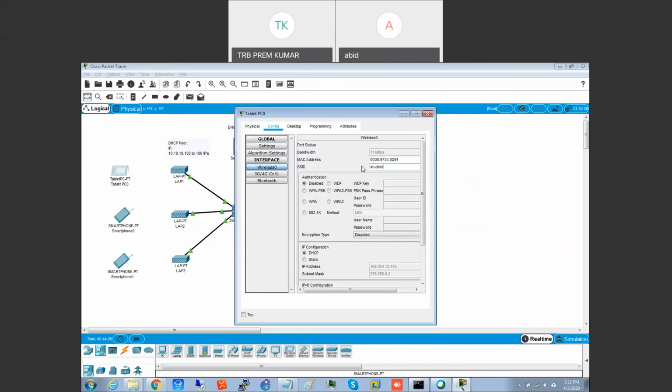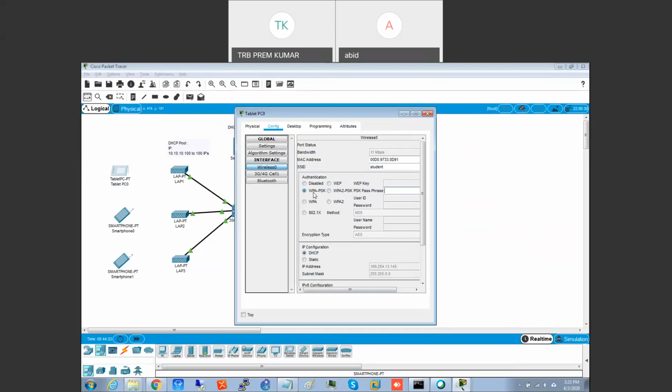Okay. There's no way I can search for the network here, is there? No. This is not possible. You have to type it. We cannot find it like how we see on our mobile. It's not possible here. So these are the limitations of this. You understand? So now we are going to select WPA2 PSK.